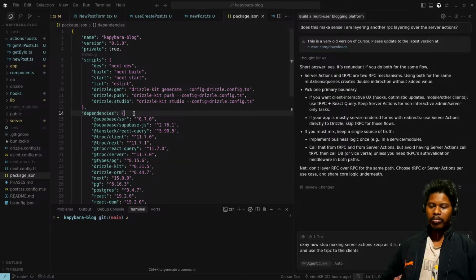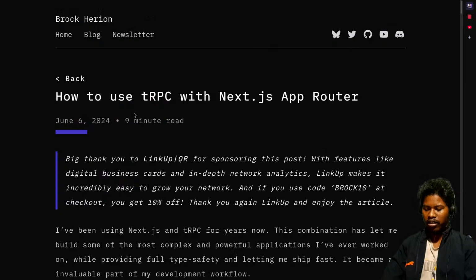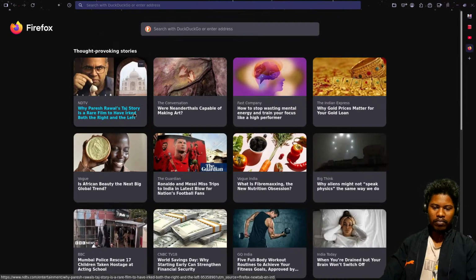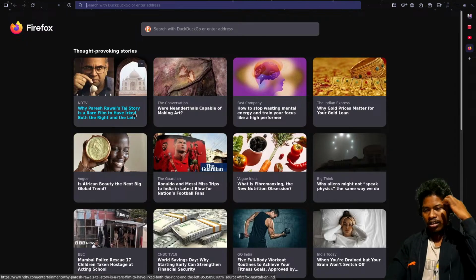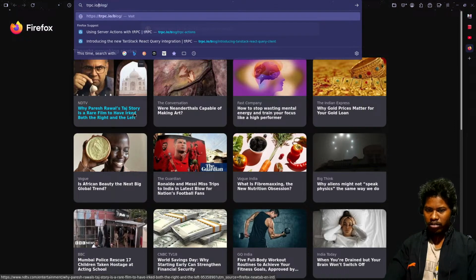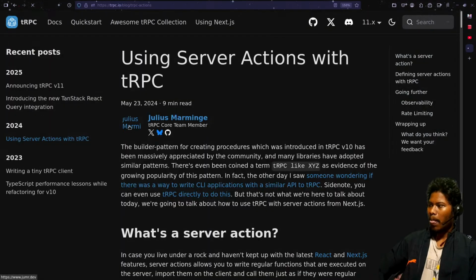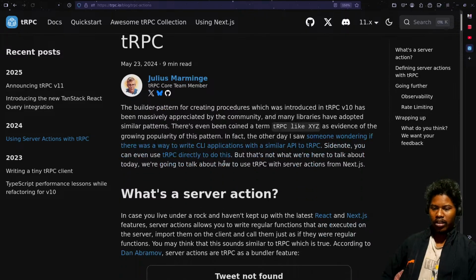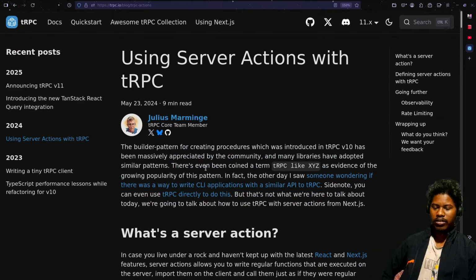So that's not making sense at the time, but I have read this article by one of the team of TRPC. What was that? TRPC slash IO dot logs. This one. And so initially I was thinking that using TRPC with server action is like nonsense. It's nonsense. Okay. So then